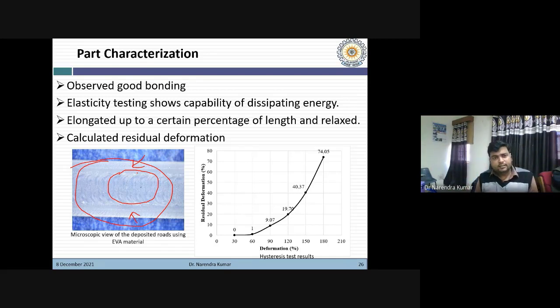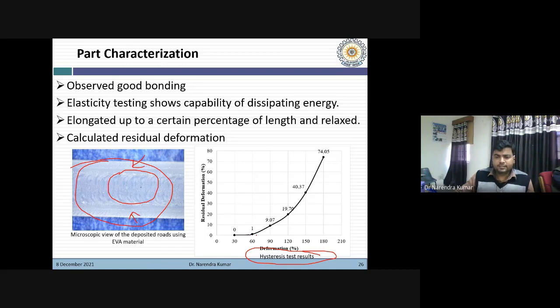To quantify the elasticity in the specimen, we went through the Stursis test result. The Stursis test is one of the tests used to check the residual deformation within the specimens. Initially we deformed the specimen up to a certain percentage, then we released the force.